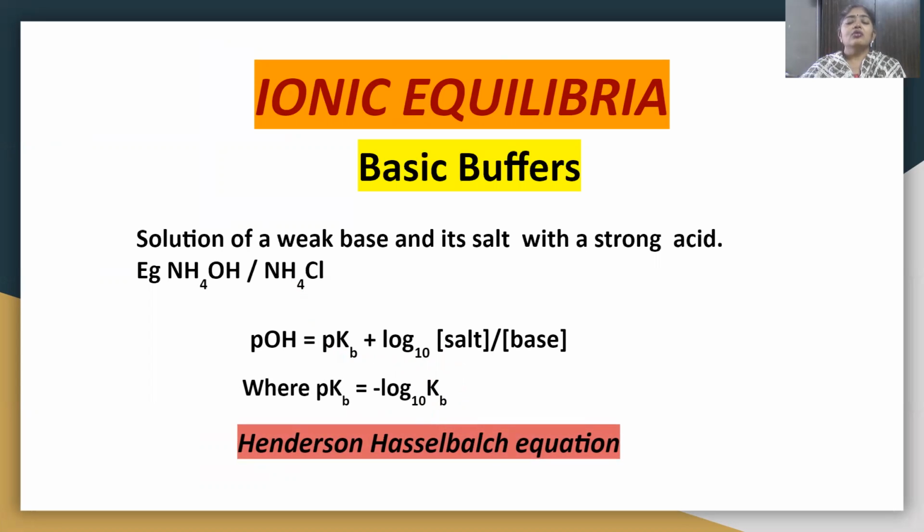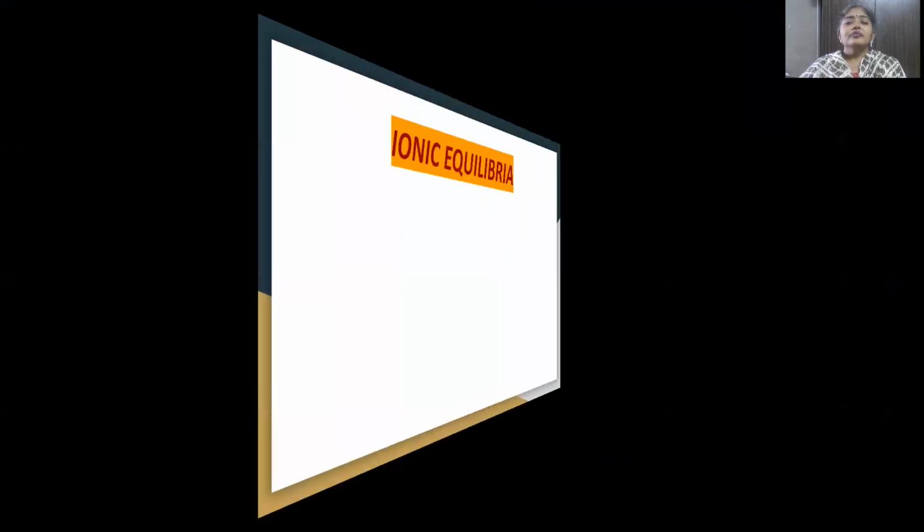All right. Now, the mechanism of basic buffers is not given to you in your textbook, but it is a similar process to what happens for acidic buffers. So as an assignment, I want you all to work out and write out the reactions and show me what happens on addition of a small amount of acid or a small amount of base. Okay, apply the same logic as you understood for acidic buffers and write it out, and let us discuss it in my upcoming session. Okay.